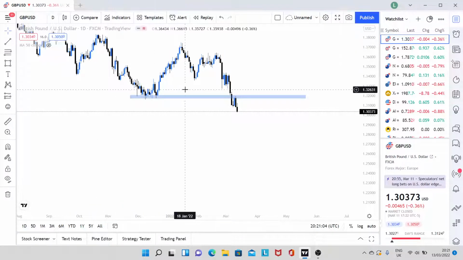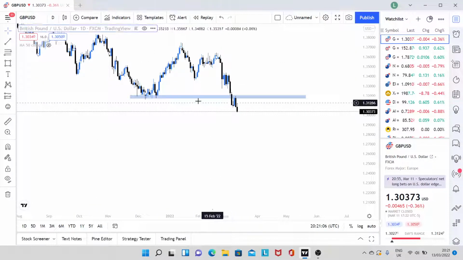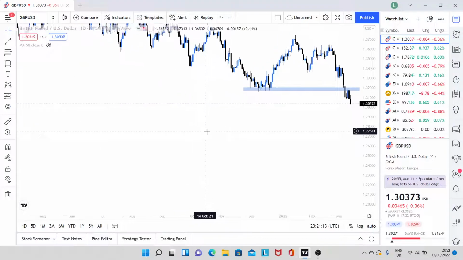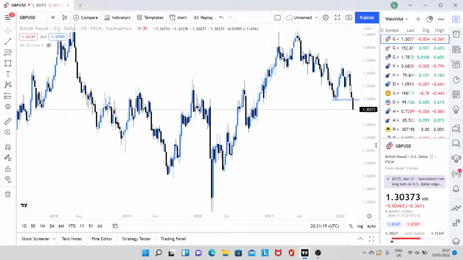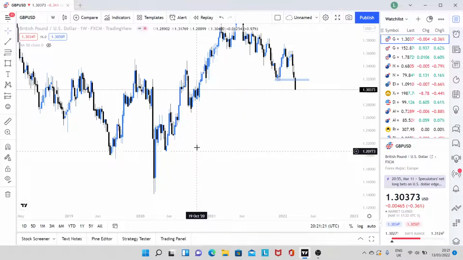My bias at the moment on GBPUSD, especially now that we've had the break below this zone, is for sales. Where we'd look for sales, I don't know. We'd actually have to go onto a higher time frame here because I'm not sure where to target. We could target down here, although that's quite hard. Our next reasonable target would be here at 1.27653, but there is a long way before we get down to that.